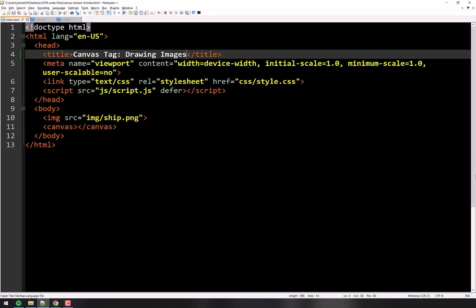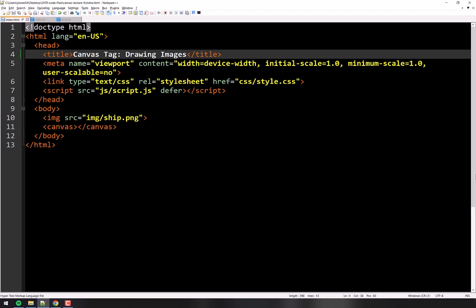Hey everybody, welcome back to class. Today is our final canvas tag. And this is a new one. The previous three, as you'll recall, are from past Jeff that were taken from my PHP class. This is a brand new one that's adding some extra stuff that wasn't in the PHP class, and that is how to draw images on the canvas.